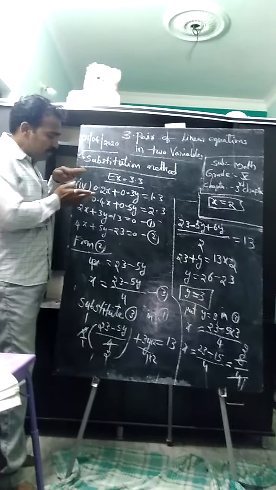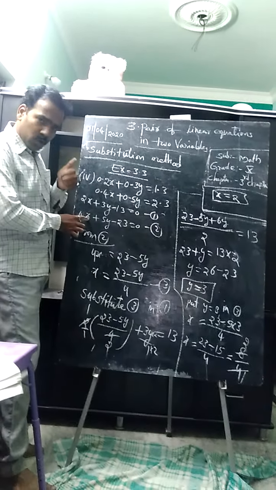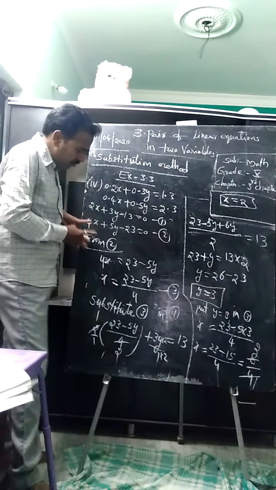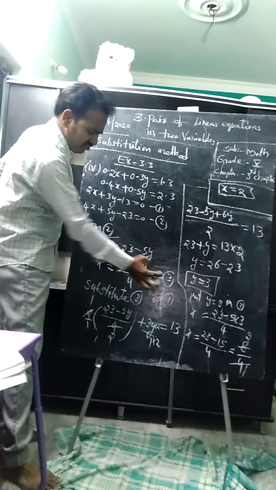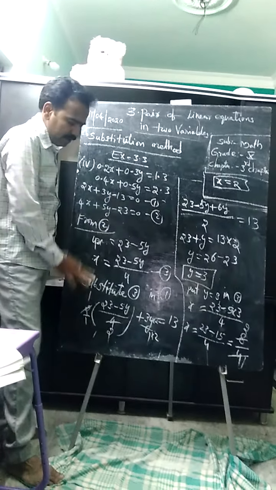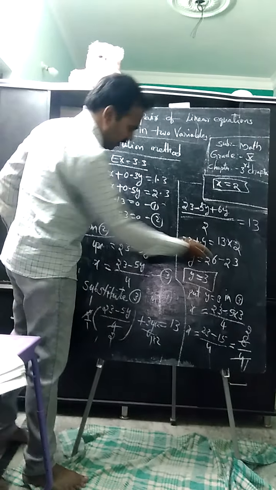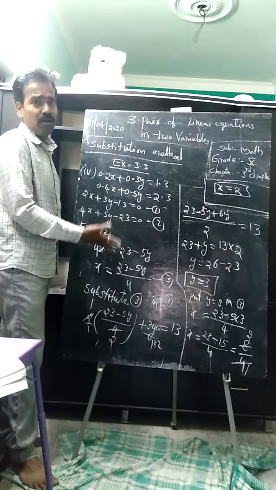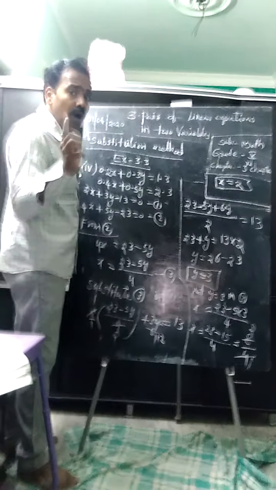Again, I am repeating, students. First, write decimal form as fraction form. Take LCM, simplify it. We got equations 1 and 2. Check whether they contain a unique solution or not. Yes, if they contain, we can apply the substitution method. From 2, we took here from 2, either 1 or 2, that is up to you. From 2, we got equation 3. Substitute 3 in 1. From that equation we got the y value. After solving that, we got a linear equation in one variable. y value we got, put y equal to 3 in the third equation. We got x equal to 2. Verify whether it is true or not. It's true, so our answer is correct. This is the way to apply the substitution method.